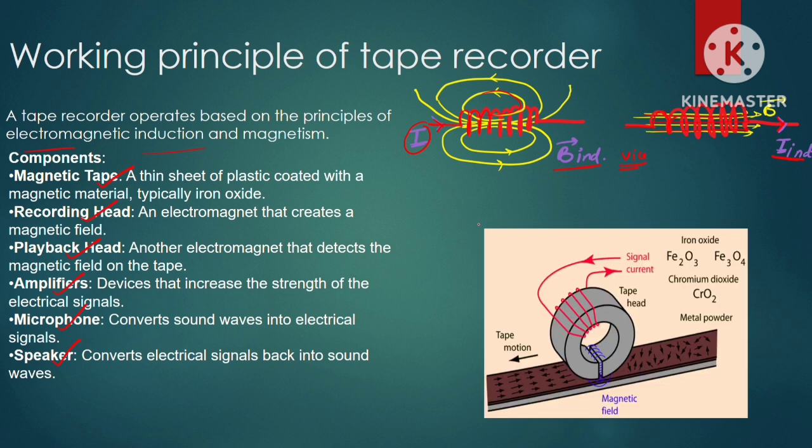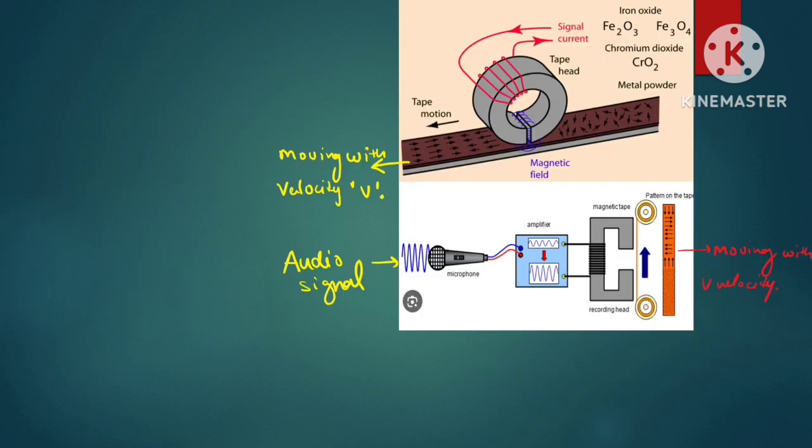This one is a schematic diagram of how saving or recording on a tape recorder works. So let's move to the next slide. Here you can see the audio signal is given to this mic, and this mic is connected to an amplification system, where our small signal is amplified to a large signal. This large signal is now connected with this loop, which is wound across a magnetic tape. Okay, not a magnetic tape. This whole thing is called a recording head.